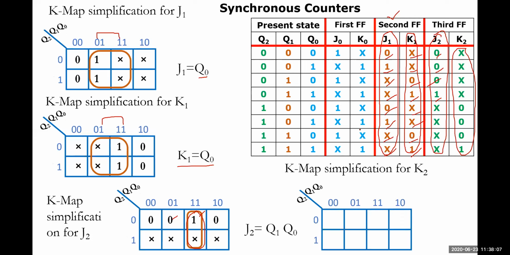So look at this. Here also don't care. The first row will be don't care, and the second row will be 0, 0. 1, 0, 0 will be 0. 1, 0, 1 will be again 0. Triple 1 will be 1. Look at this, triple 1 will be 1 here, and then 1, 0, 1 will be 0. So here also we have taken this kind of grouping. Therefore, you could get Q1 into Q naught.